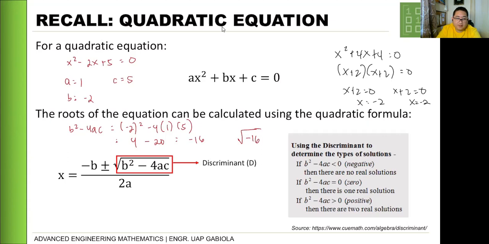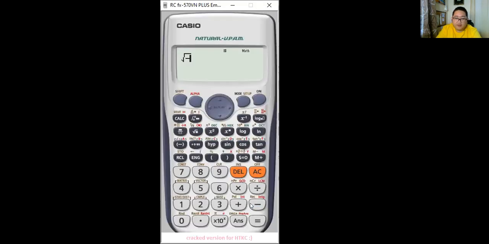So let me share. Ayan. So halimbawa to, nag-square root of negative 16 tayo, lumalabas math error. Okay? So parang sinasabi niya, non-existent yung number na yon. Pero that is not the case. And mathematicians before, yan yung inisip nila. Paano natin